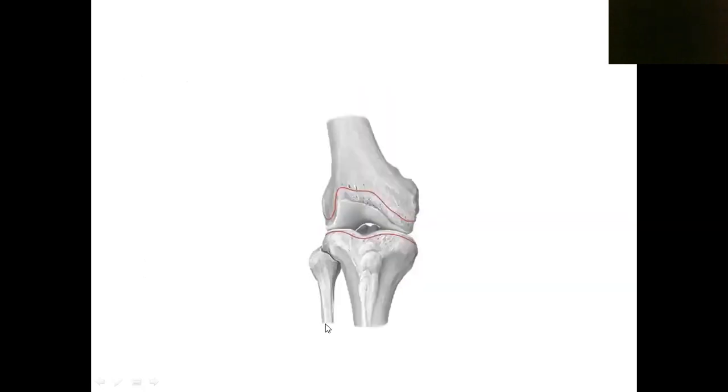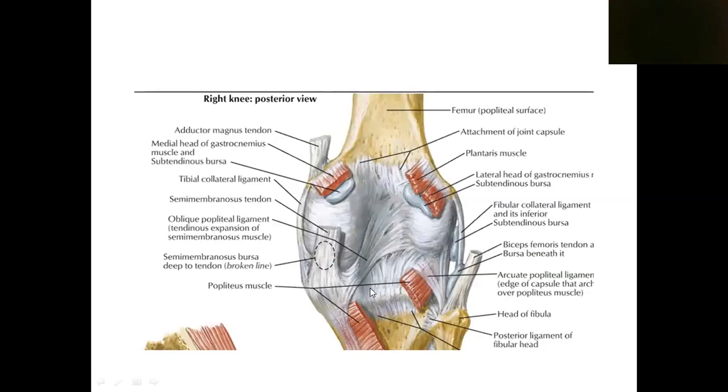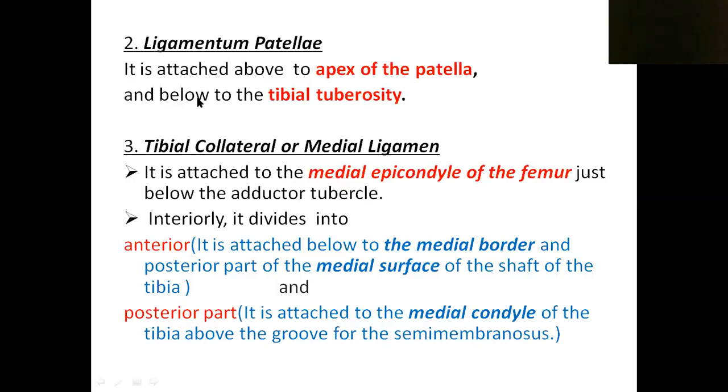Clear now? Anteriorly it runs downward and reaches the tibial tuberosity. See, almost like this. And posteriorly, this is the intercondylar ridge here, and this is the lateral side. So posterolaterally it has an opening for the popliteus muscle, which is seen inside this joint. It pierces the fibrous capsule and comes out. This is the popliteus muscle. So the fibrous capsule is clear.